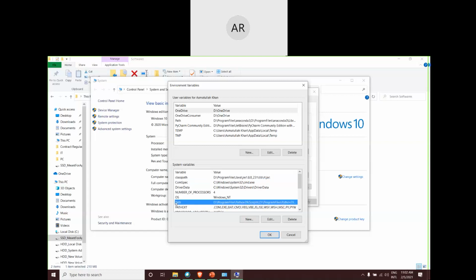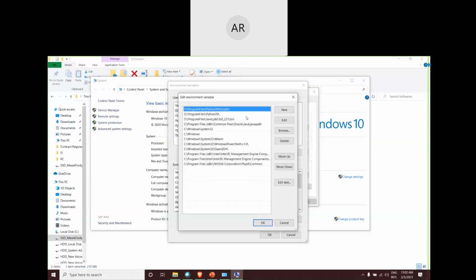First we will edit this Path variable. To edit it, you can either double click it or select it and click on Edit. This Path variable contains the directories of all major applications which have been installed, where their executable files are present.